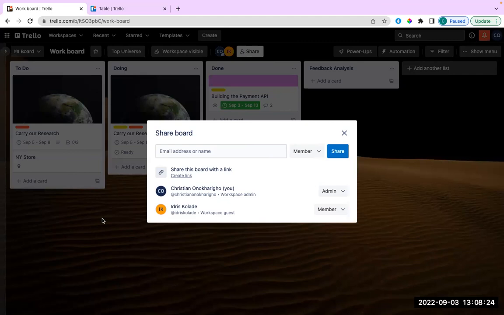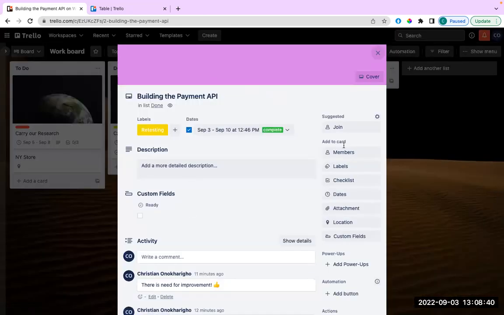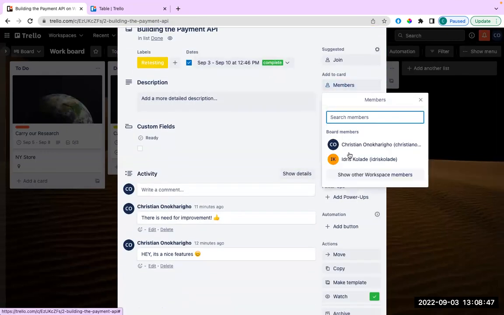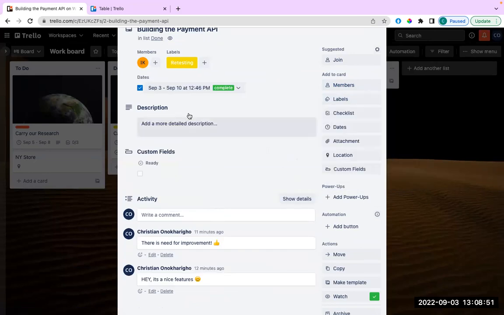So I believe you've seen the invite, Colade. You've joined as a member of the team. Now let's do some more things before we wrap up the class. Let's say I want to add Colade to this card. I can just say members, add Colade to this card, and you can see the members